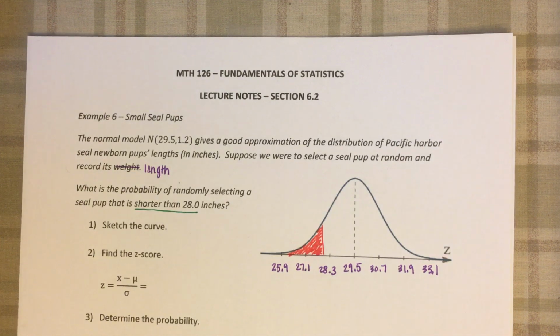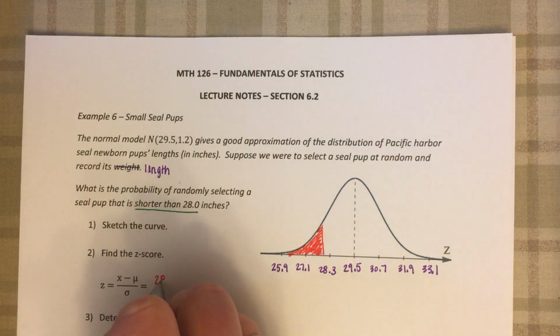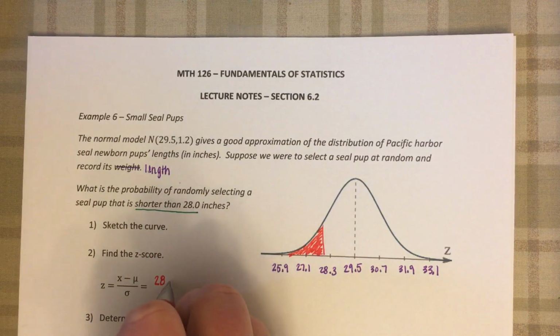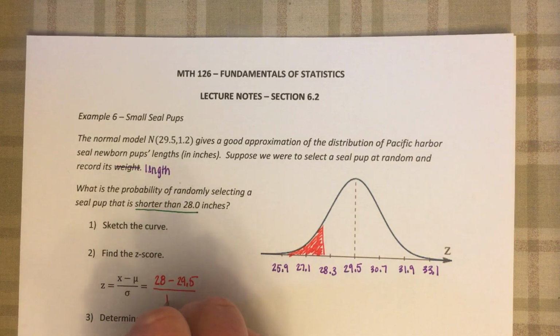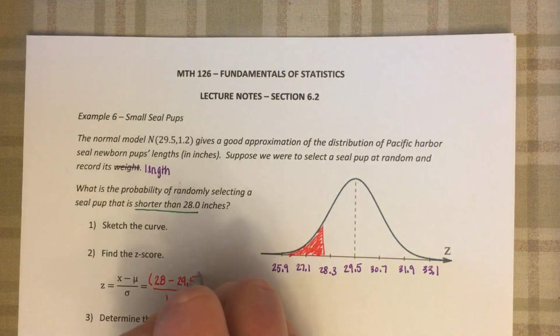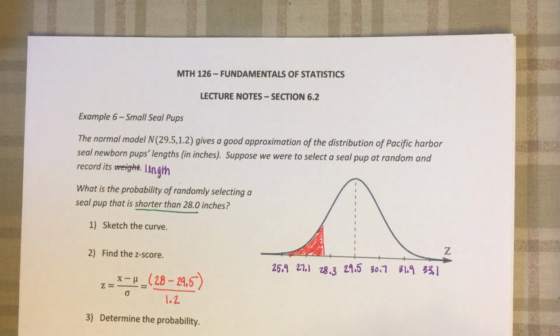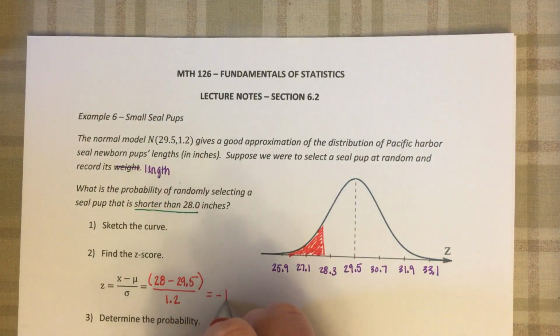So our z-score formula is x minus mu over sigma. X is the number that we are looking at. So in our case, we're looking at a length of 28 inches minus our mean, our mu, which is 29.5, divided by our 1.2. If you are plugging this into your calculator all at once, make sure you put the top portion in parentheses as we have before, or you can do your subtraction and then do your division in two steps. Either way, we should end up with a z-score of negative